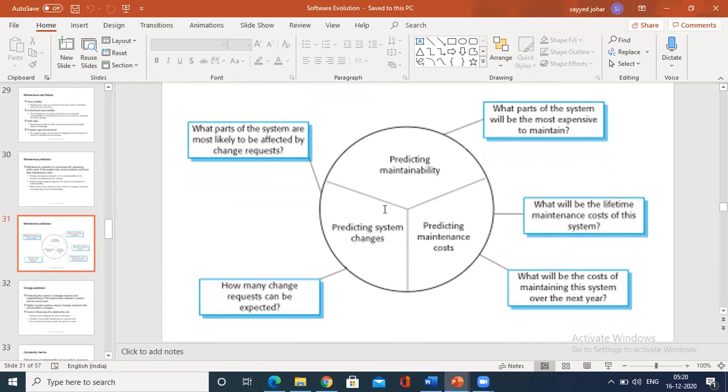Here is the diagram that depicts maintenance prediction. This diagram shows the prediction and associated questions. There are different associated questions, right? Predicting the number of change requests for a system takes a lot of understanding of the relationship between the system and its environment. Sometimes the system will have a complex relationship with the external environment. So we have categorized this: to evaluate the relationship between the system and its environment,